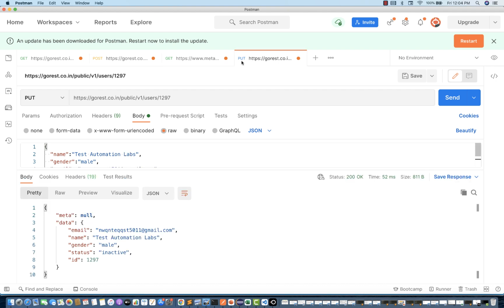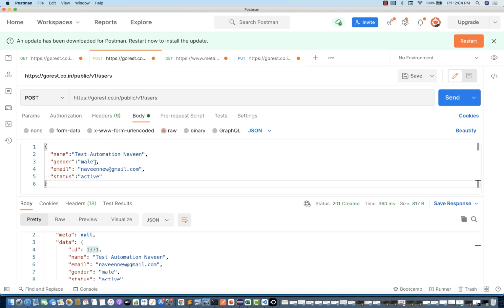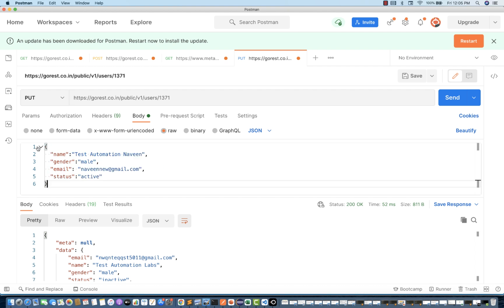Now I'll do a PUT call. So I'll create a PUT call over here. This is a PUT call, and user / which user that you want to update. So I'll paste this 1371 ID, and then which information that you want to update. Let's see the initial POST call. It was like that with this request body. Then I'll change my request body. That was the user 1371. The name, instead of Naveen, I'll be writing Naveen Automation Labs, right? And the email ID also I want to change. Let's say Naveen new automation @gmail.com. And this user is still active. So I want to update these two attributes in my system for this particular user 1371 ID.